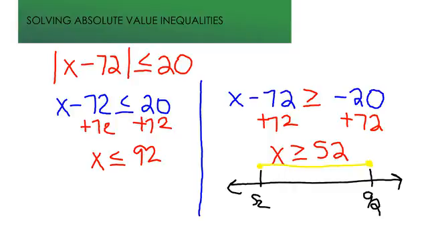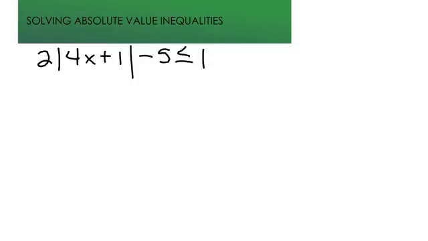Okay, now let's do another problem that is just a little bit more difficult to solve. This time we're going to do a problem that looks like this: 2 times the absolute value of 4x plus 1, minus 5, is less than or equal to 1. So we have to get rid of